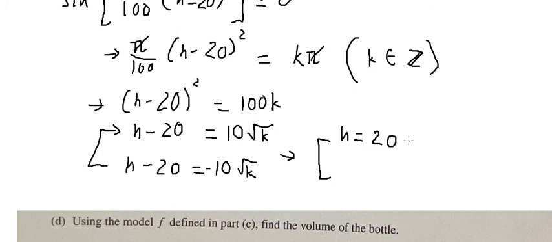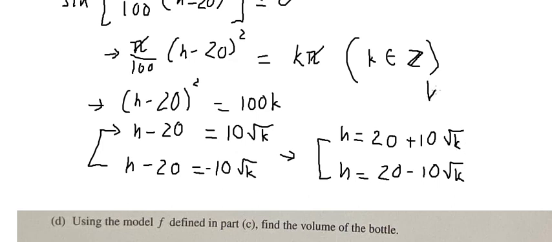So we have 20 plus 10 times the square root of k, and h equals 20 minus 10 times the square root of k. In this situation, k should be a positive number, so we need to put in positive values. The smallest k in this situation is 0. So if we put 0 in here, we will have h